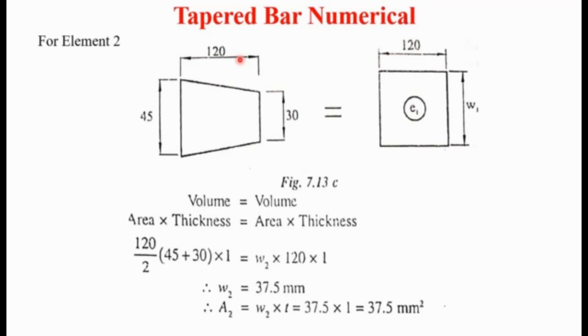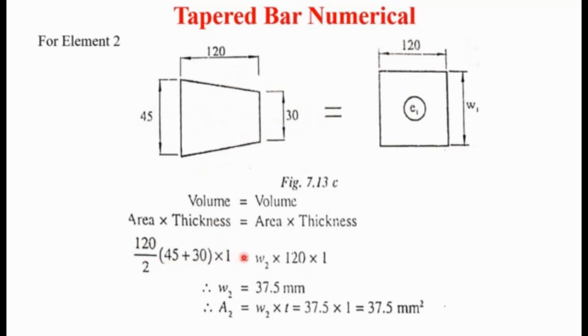Again using the same relation, the volume of both elements is the same. The volume is area into thickness on both sides. So the area of this element is 45 plus 30 divided by 2 into 120, that is 120 divided by 2 into 45 plus 30, into thickness 1,